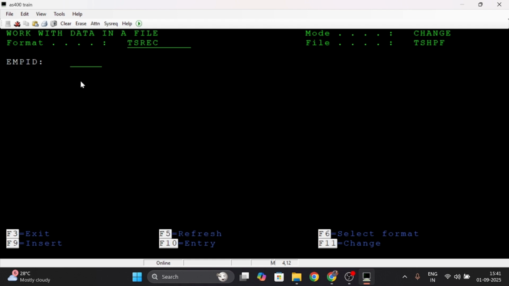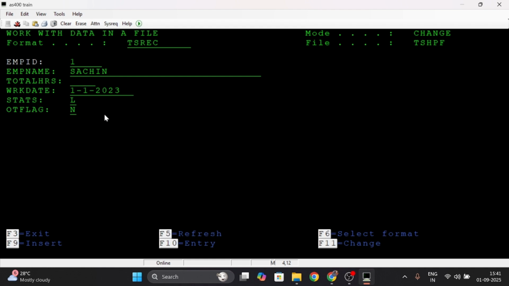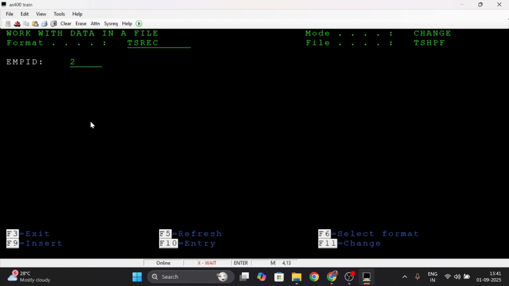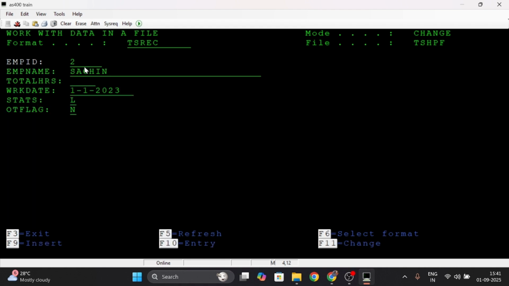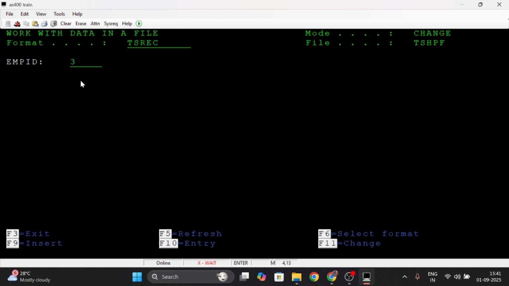So in order to enter the key, because I already have some data, if you enter the key EMP1, then it supports indexing. So if the data is present, it will directly give you all the information which is present for that key. So it's the same EMP name. If I put two, then there is another data here. Yeah. If I put three,